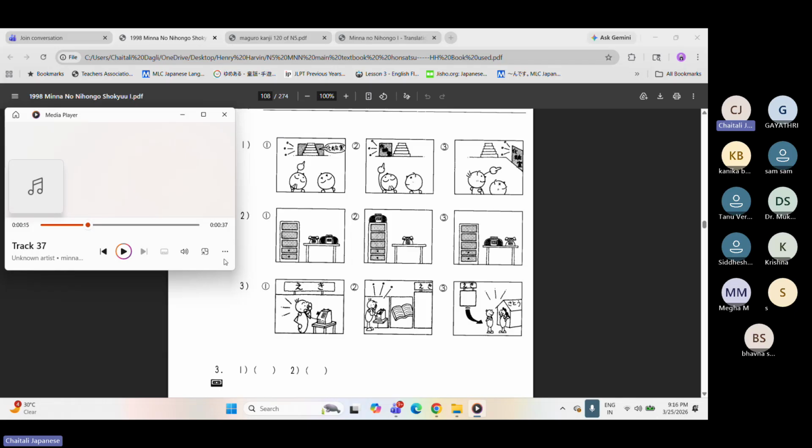So mark first. Second. 2、 すみません。辞書はどこですか？ あの電話の左ですよ。 ありませんよ。 そうですか。あそこ、 え？ 棚の上です。 ああ、どうも。